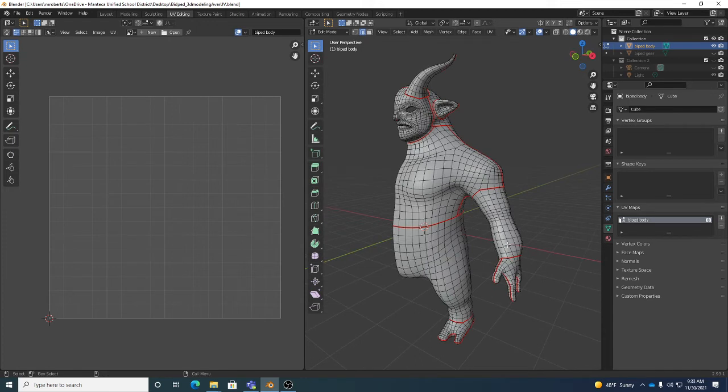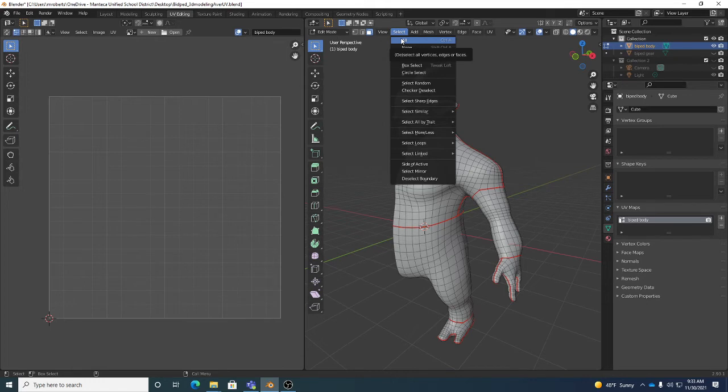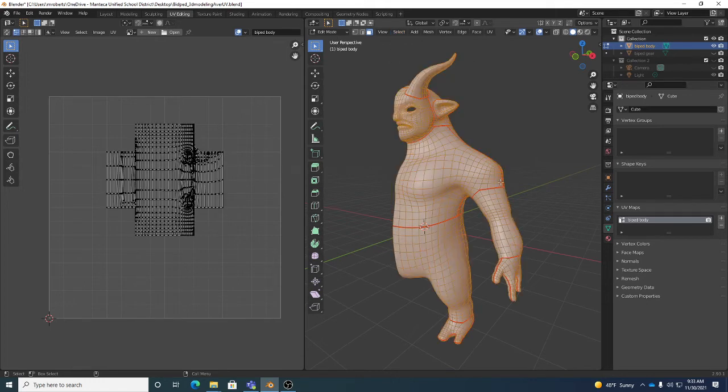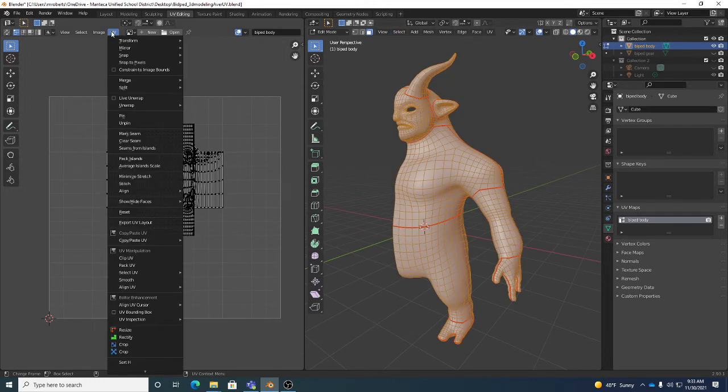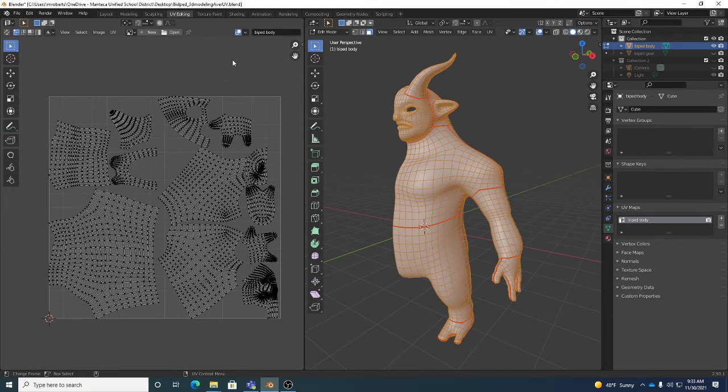Now at this point I can go to 3 for face mode. And remember, select all. Control A will select all your polygons. And then we can go to the UV menu here in the UV Editing Workspace. Unwrap. Now, just to see what it'll look like with distortion, if you haven't already opened it up, remember